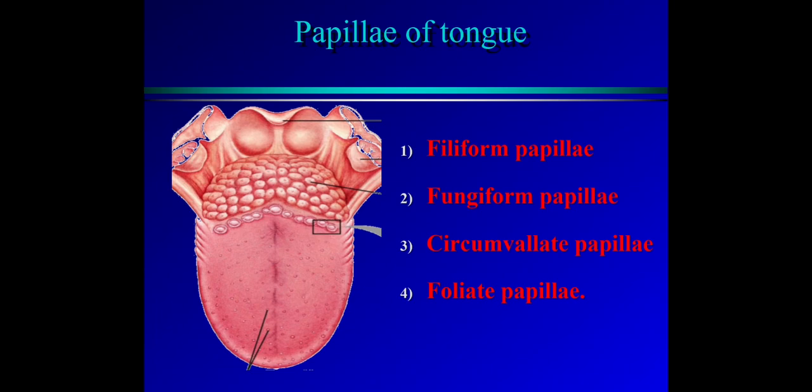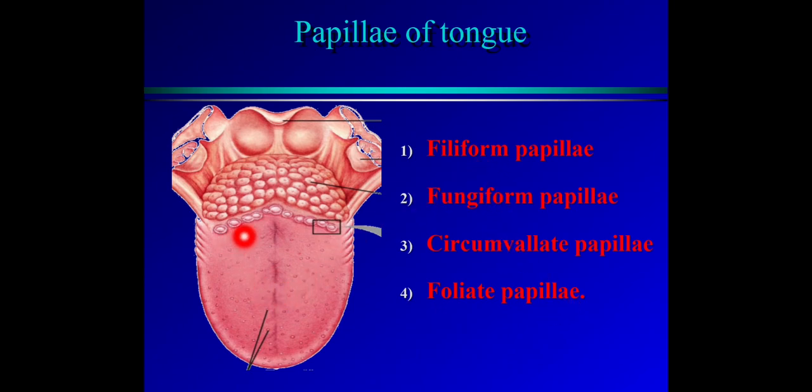There are the different papillae seen over here. These are the filiform papillae, fungiform papillae, circumvallate papillae. These are the three main papillae seen here on the tongue. Along with that, there is also the presence of the foliate papillae. These foliate papillae are rudimentary papillae. Okay, so we'll see here what are the sites of these different papillae.